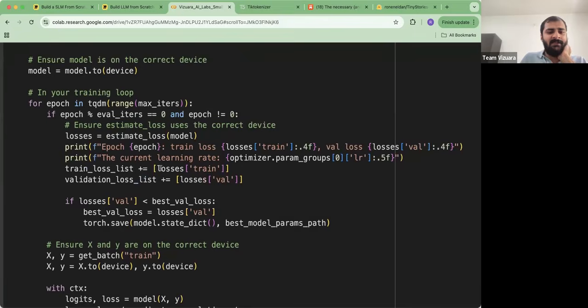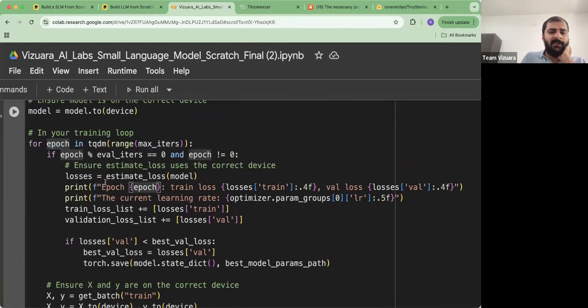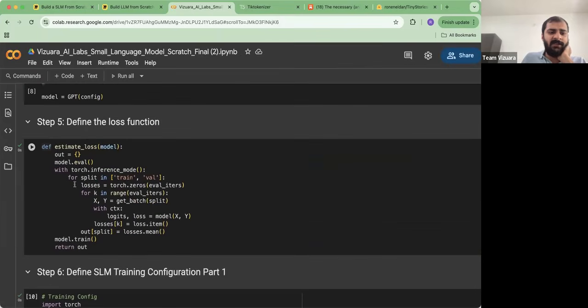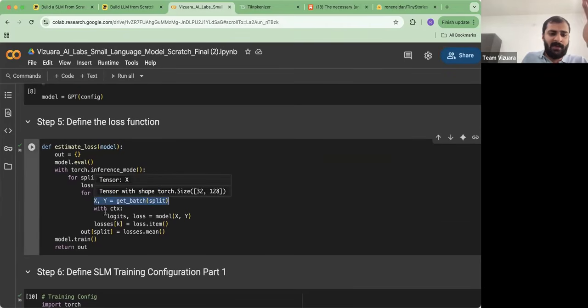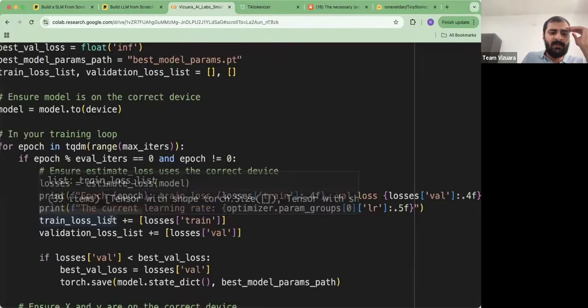And what happens in this pre-training loop is that you start going through the loop. First, it will call the estimate loss function. Here is where the entire forward pass is happening. Because as soon as this estimate loss function is called, we'll go to this estimate loss. We'll get an input output batch. We will pass that through the entire module and we'll get the loss. The loss which you get over here,